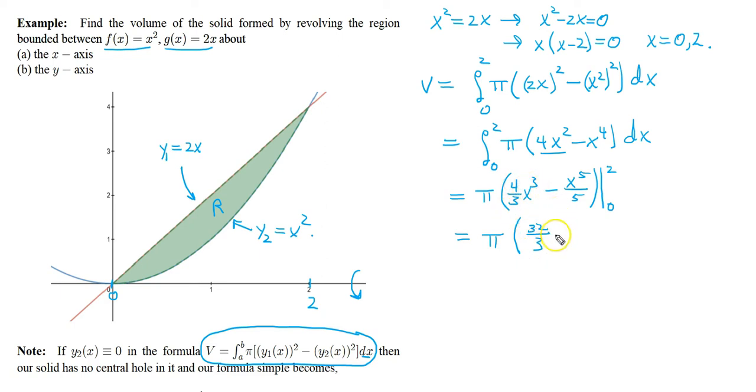4 times 8 is 32 over 3. 2 to the fifth, that's going to be 32 as well. And then when we put 0 in for x, of course we get back 0. And then just cross-multiplying or finding a common denominator, we get that this is equal to pi times 64 over 15. And there we go. That would be the volume of the solid that we would get by rotating this shaded